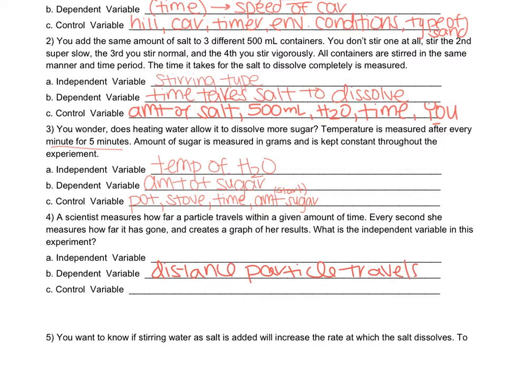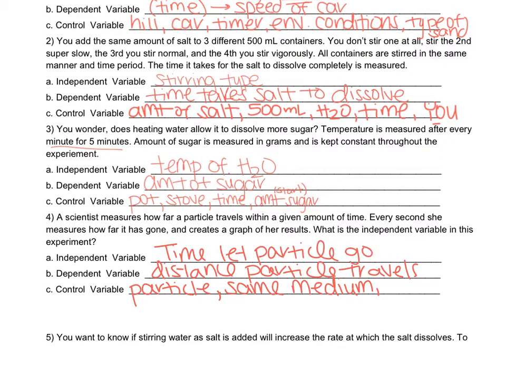All right, so things that are kept the same, we have the same particle. We have the same medium through which it's traveling. Okay. So when we look at this, what is the independent variable? It's not as explicit as the other ones in terms of what is different. So when you ask yourself, what is different in this experiment? It's the time, right? So for our independent variable, it's actually the time that she let the particle